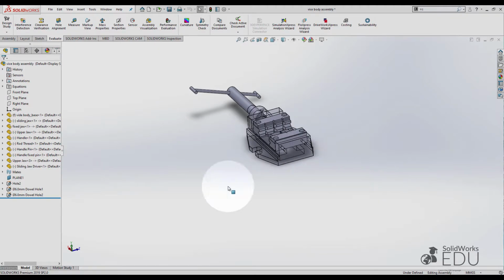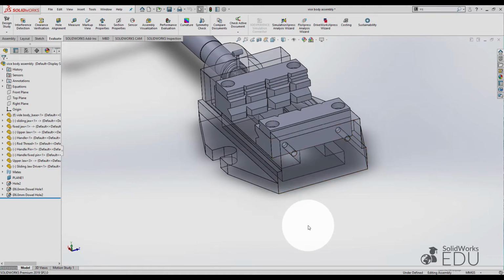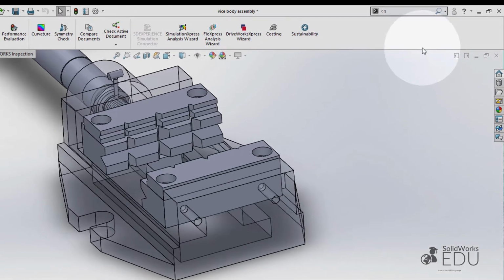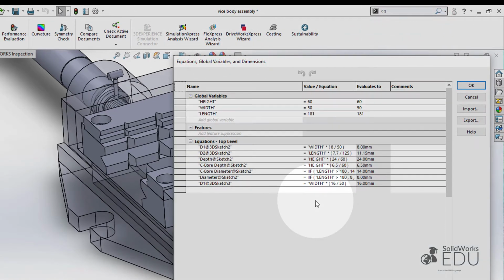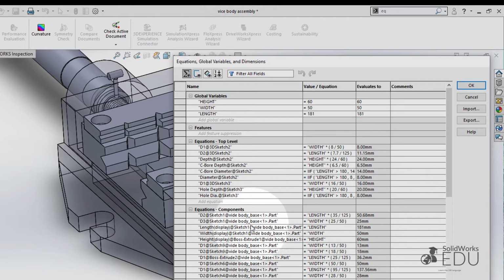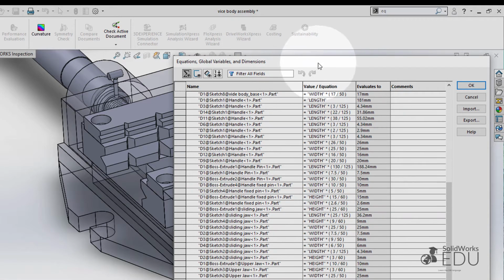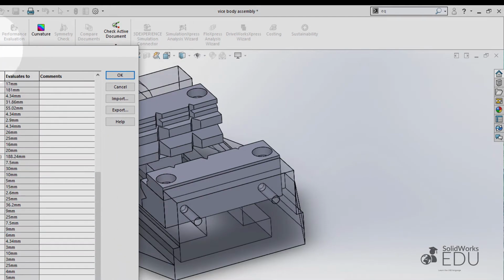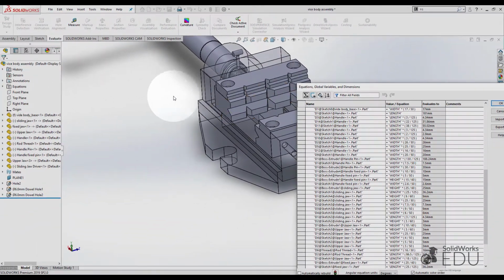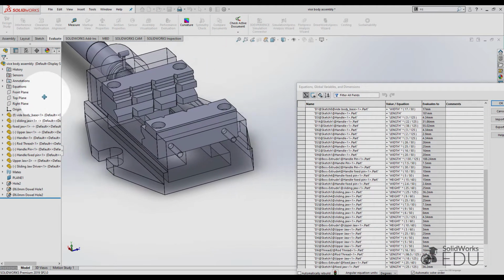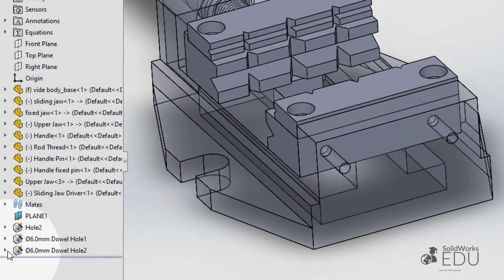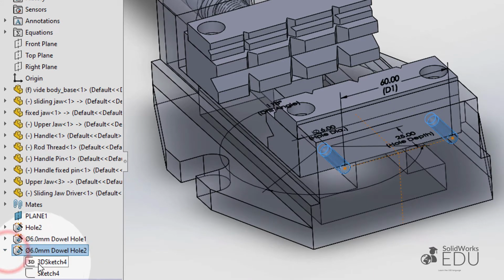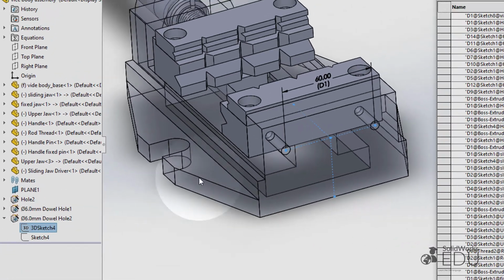In this tutorial, we're going to have a look at how to add equations for these holes here. So let's start with the equations manager. Expand this feature here, go to the 3D sketch,